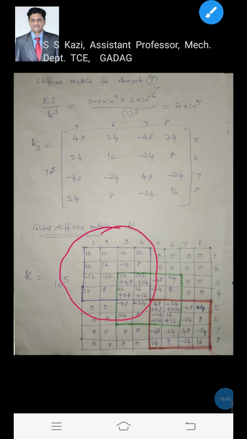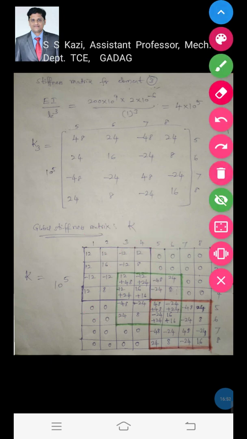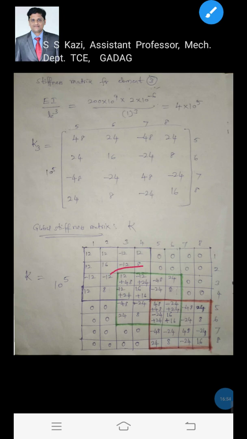Here I wrote the stiffness matrix for element 1. Those 16 terms I wrote here. Okay, I wrote like this. Next 3 4 5 6, 3 4 5 6, it will come under this green. I have shown a green border. Within the green border, that is 3 4 5 6, 3 4 5 6, these are the element 2 terms. Here you can observe these 4 terms are common, available in both elements, element 1 and element 2.